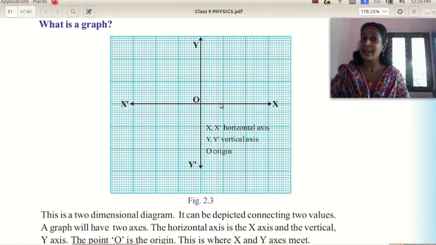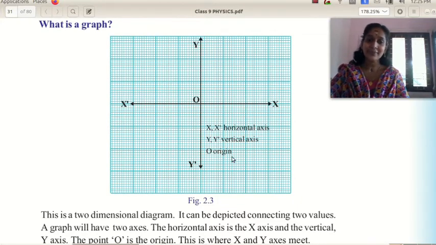There are how many lines? 10 lines. It is equal to 1 centimeter. We consider this as 1 centimeter. Sometimes we can consider this as 2 centimeter, according to the values we consider. Here in between this thick line and origin, how many lines are there? 10 lines are there. In between these two thick lines, then also there are 10 lines.